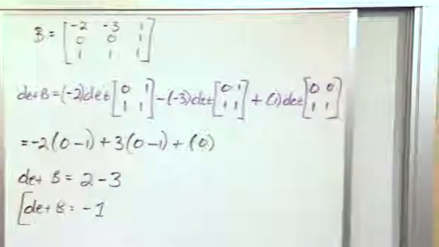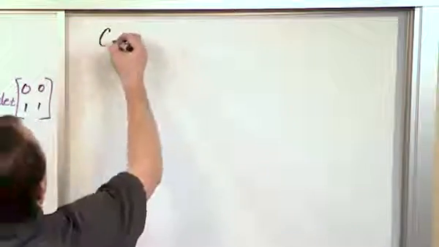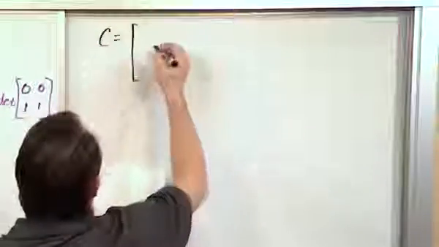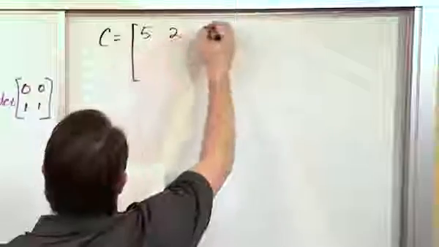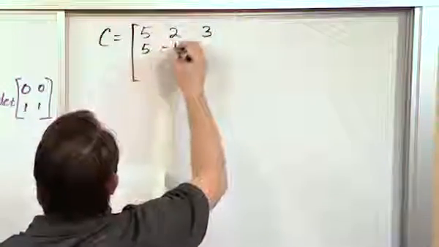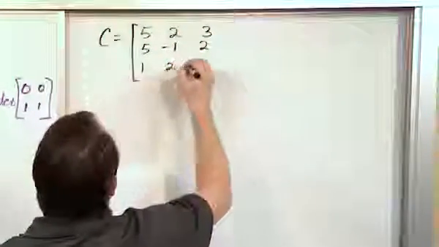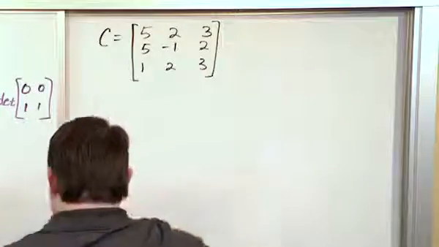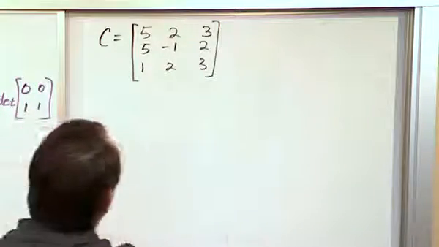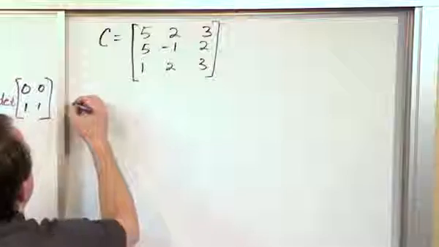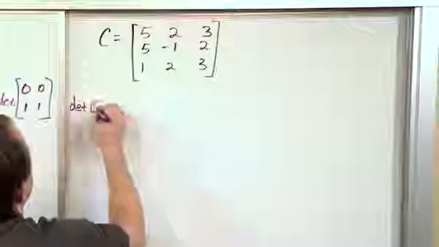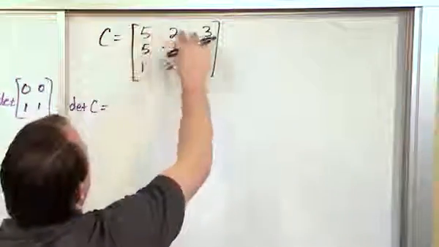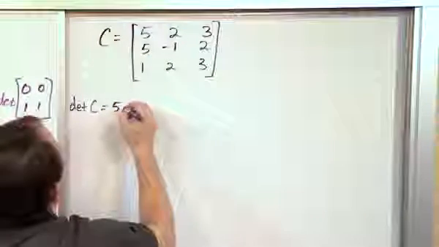And our final guy that we're going to do to illustrate how to find the determinant of a 3 by 3, just to give a little more practice: 5, 2, 3, 5, negative 1, 2, 1, 2, 3. So once you get good at expanding this, it's very, very simple. So the determinant of C is equal to, go across the first row, 5 times the